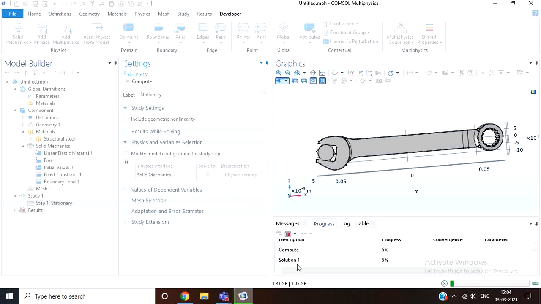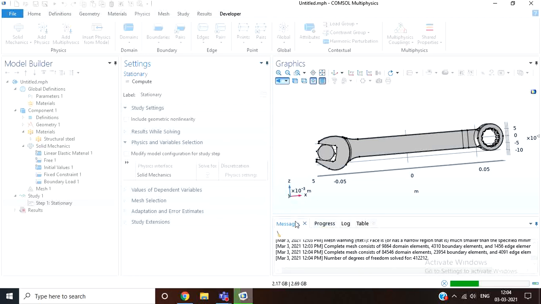In the meantime, you can see how much progress has been done. Here you can check the percentage of progress, how much the stationary solver has solved. If you want to check any messages, you can check the messages here. In the messages you can check how many elements are there, how many boundary elements are there, and how many degrees of freedom your solver is solving for.